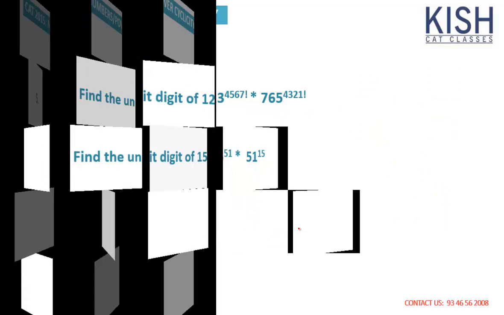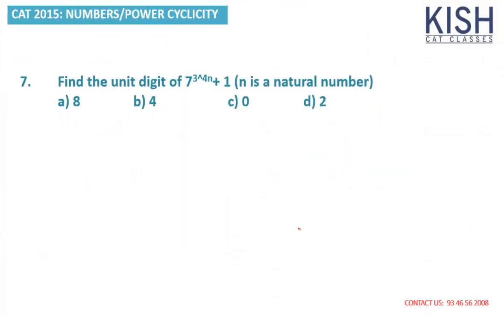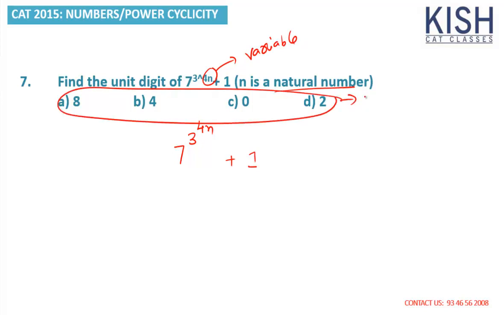Let's solve question number 7. Find the unit digit of 7 power 3 power 4n plus 1. So this number is 7 power 3 whole power 4n, and here plus 1. And n is a natural number. Look at this one, it's a natural number. A variable is given here, and answer options are given in numbers. So variable to numbers based question,